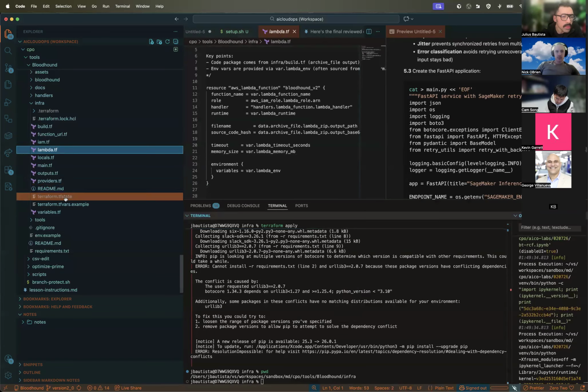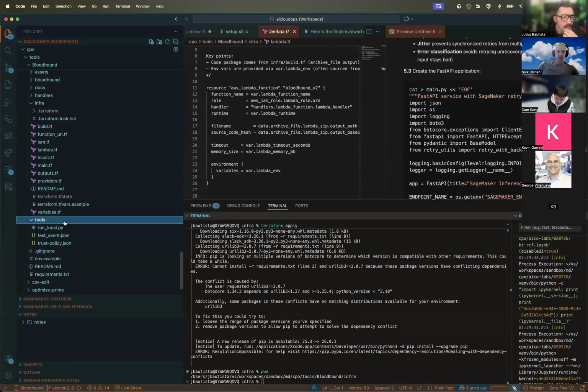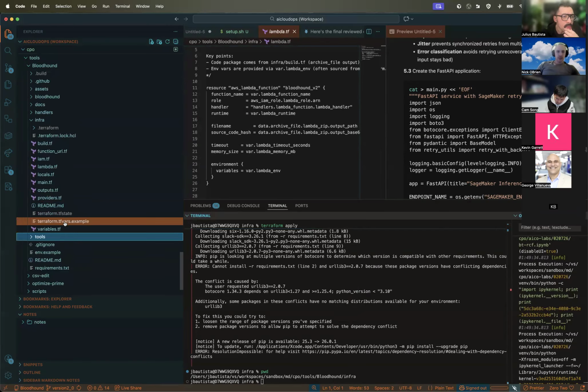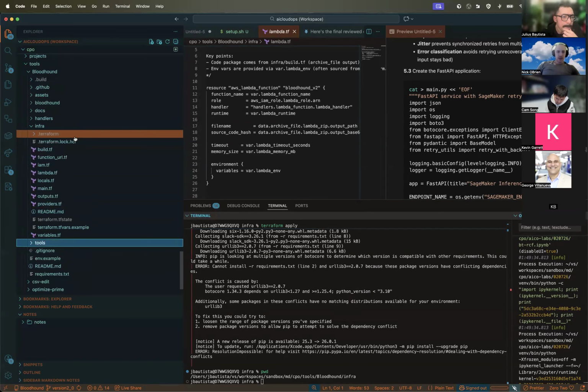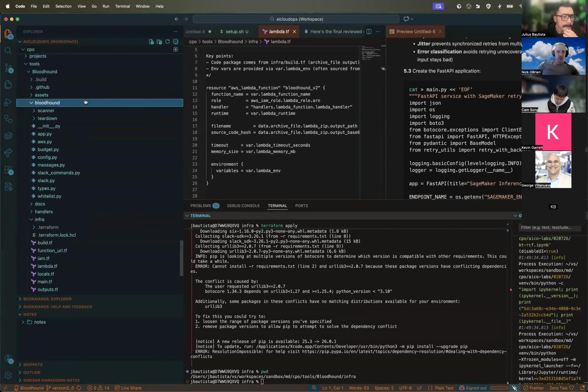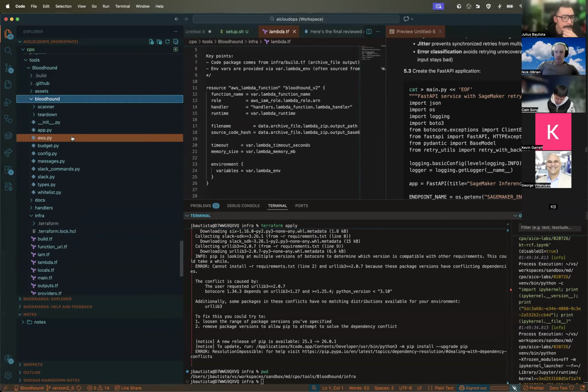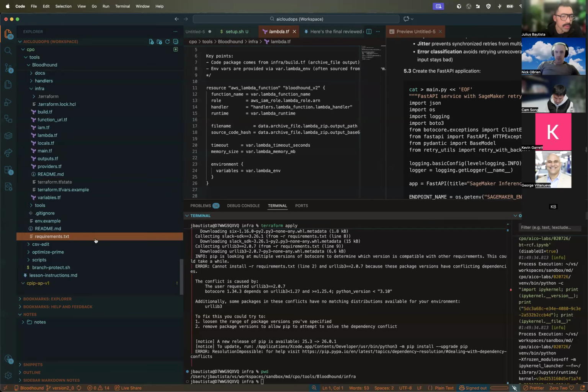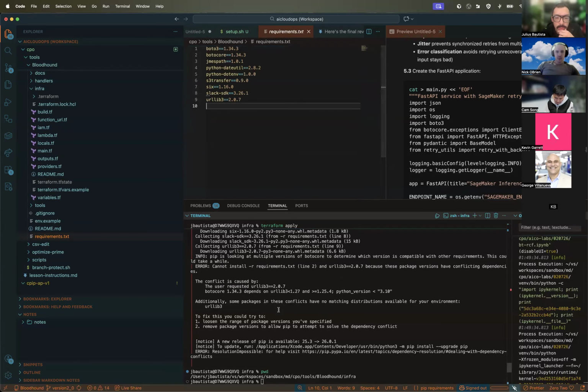Where does he have the actual, oh, there's a requirements. There we go. Okay. So let's see, urllib 2.0.7. I just wonder why it's